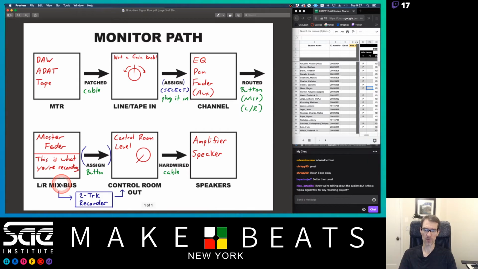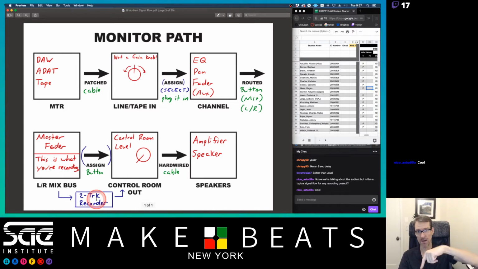And this is what you're really recording. Now you can see I put a little box here on the side. This box here on the side is another physical thing that you would plug in. So what you do is you'd come out of the outputs of your left-right mix bus into some kind of 2-track recorder, like if you've brought your laptop to school, you might have your own audio interface and record into your laptop. Or I'm going to show you when we talk about patching, I'm going to show you how to reroute that audio back into Pro Tools itself, so you can record it into Pro Tools in the same session